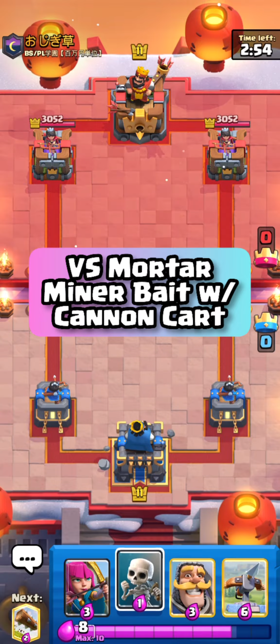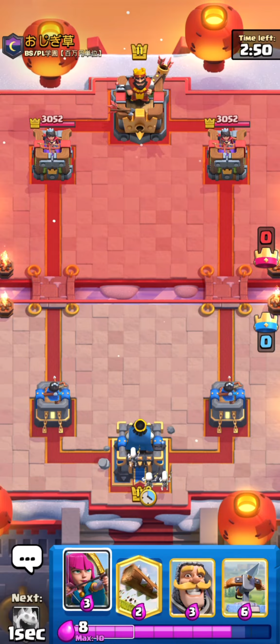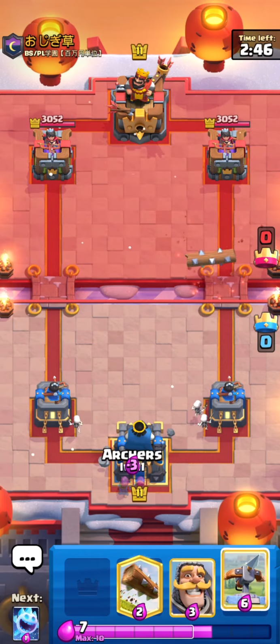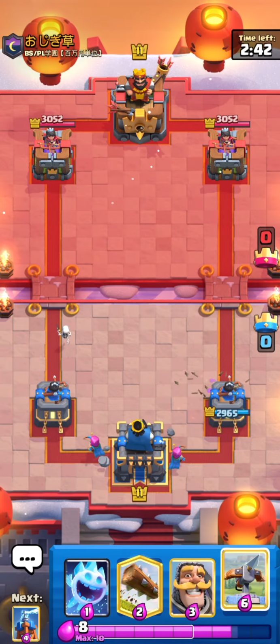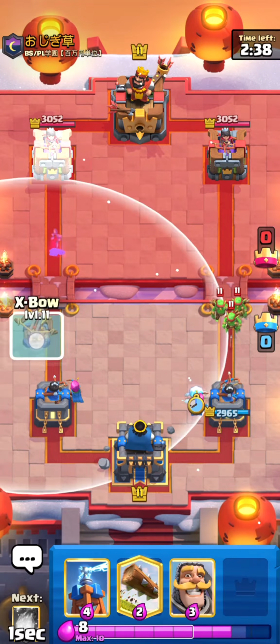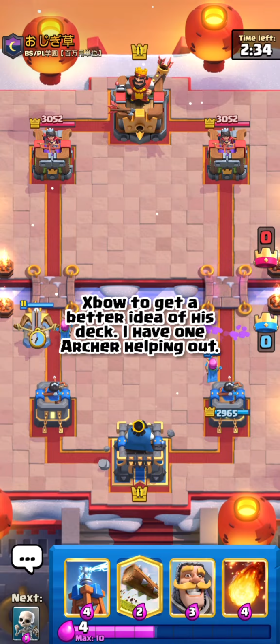So we're going to give him the good luck, and cycle Skeletons first play, and see what he wants to do. I'm going to split Archers, since he's going to cycle a Log, actually, so could be some kind of cycle deck, since he does have Logs. Spear Goblins too, so maybe a Mortar deck. I'm going to go Xbow to try and find out what he has, because I do also have split Archers,